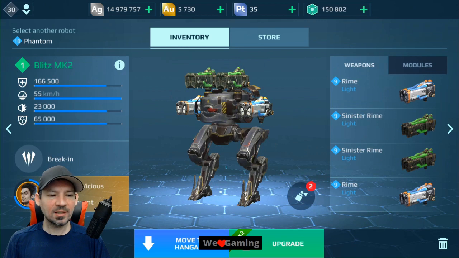Okay, so next is Blitz. Now, Blitz does take a little more skill than any of the other robots I've mentioned so far. And Blitz has one major drawback. Alright, he has this built-in shield when you activate his ability, and the enemies can take that shield down and